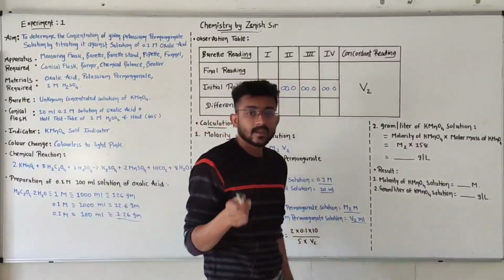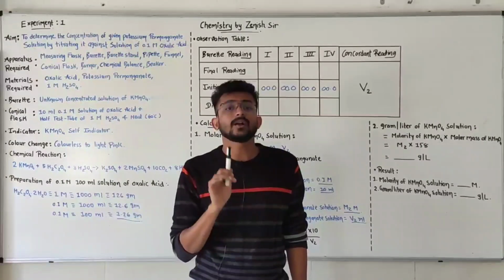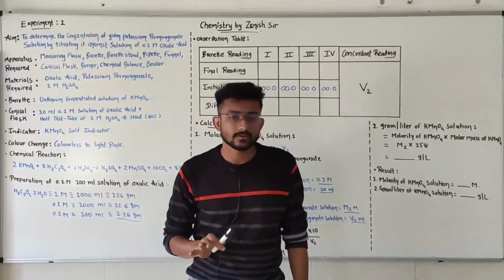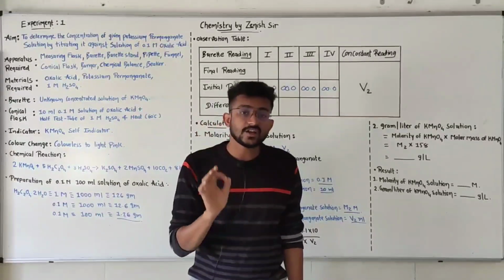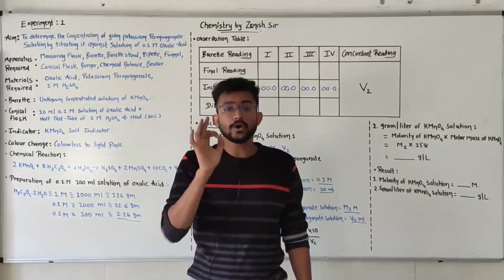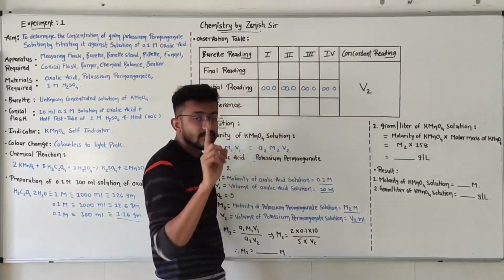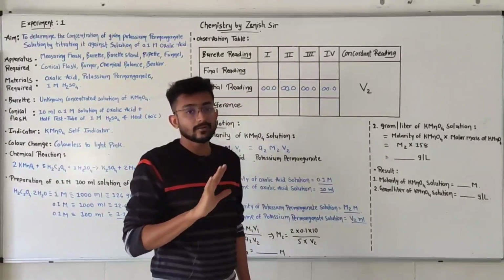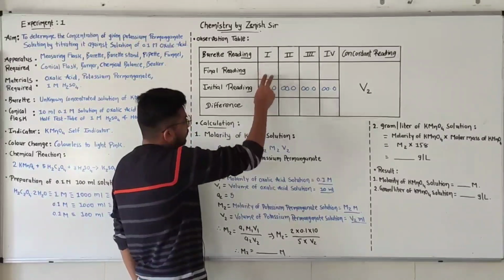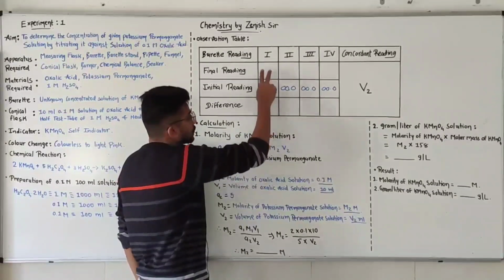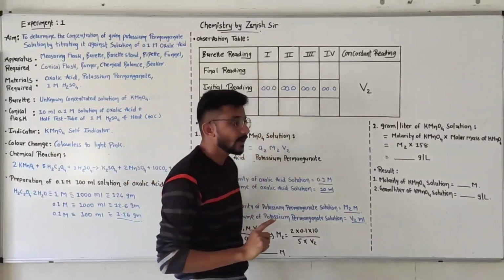Remember that the burette can only measure 0.1 ml as a least count. Okay, so the minimum amount measured in the burette is 0.1 ml. So after the point there should always be one digit, not more than one digit. So that would be your final reading. Okay, the difference between these two will be the same. So the final reading again will be written in the difference. Okay, this is your first reading.